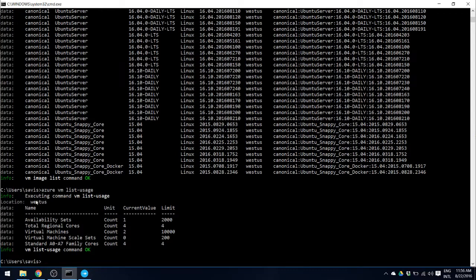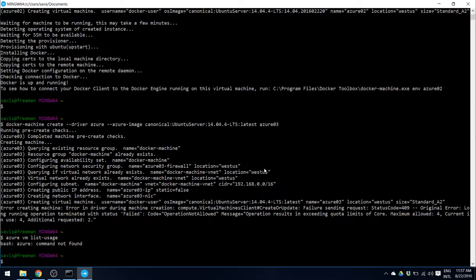So I have already run this, and as you can see, in a region, the number of cores I can deploy is 4. That's the limit, and the current usage is 4, and this is the reason why I received that specific error. Just a little heads up that your trial version does have limits. It's not an unlimited trial, so you should keep that in mind.